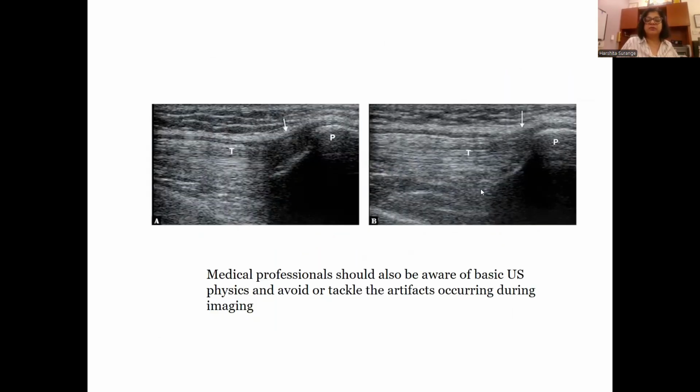So here what you can see is the patellar tendon, and there's a quadriceps tendon coming, and you can see a lot of hypoechogenicity right here. This hypoechogenicity goes away the moment you tilt your probe in the direction of the tendon, and apart from that you do more flexion of the knee. So by both the ergonomics and the tissue and the probe movement, you can remove the artifact which is happening because of the position.